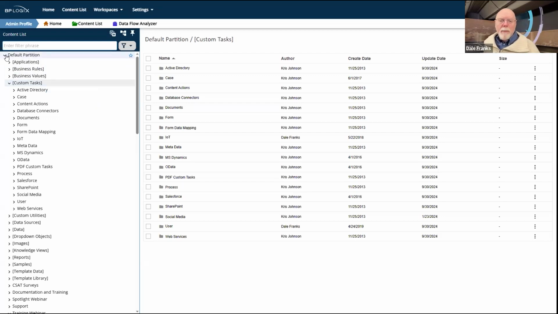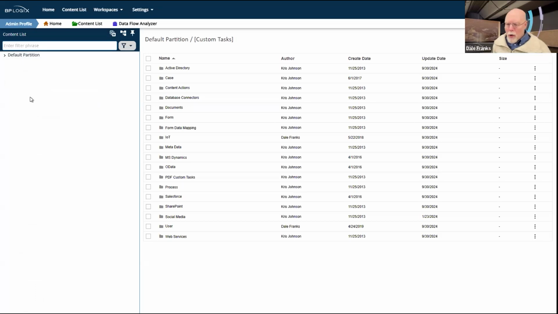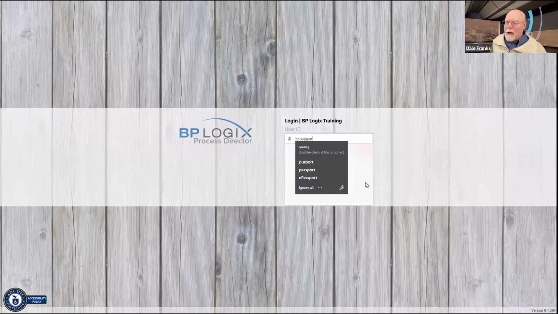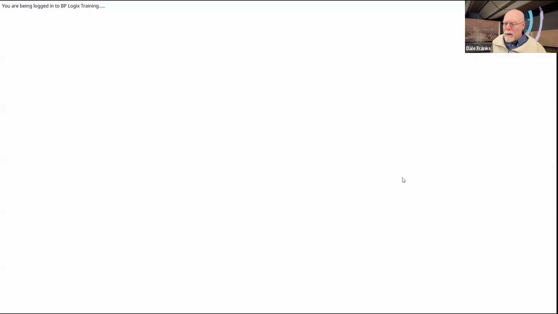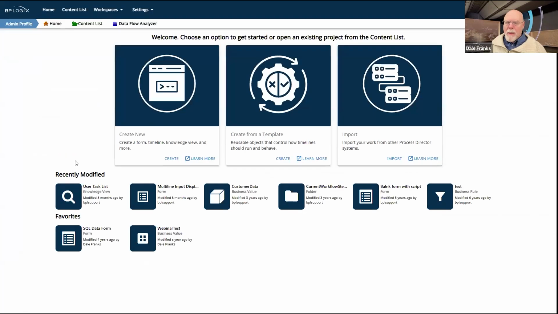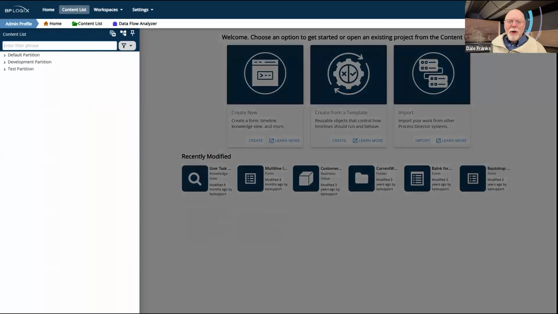Now, in my particular case, for this particular installation, I only have one partition. Actually, I think there are more, but I only give myself access to one partition. Let me log out and log back in as BPL support here, because I think that will give me access to multiple partitions.